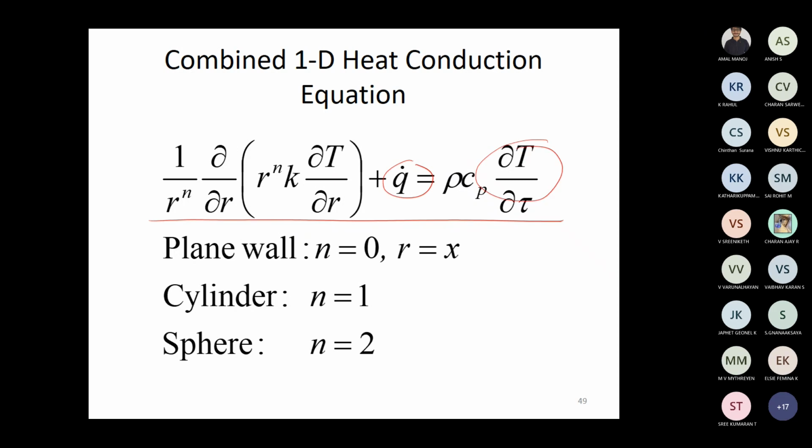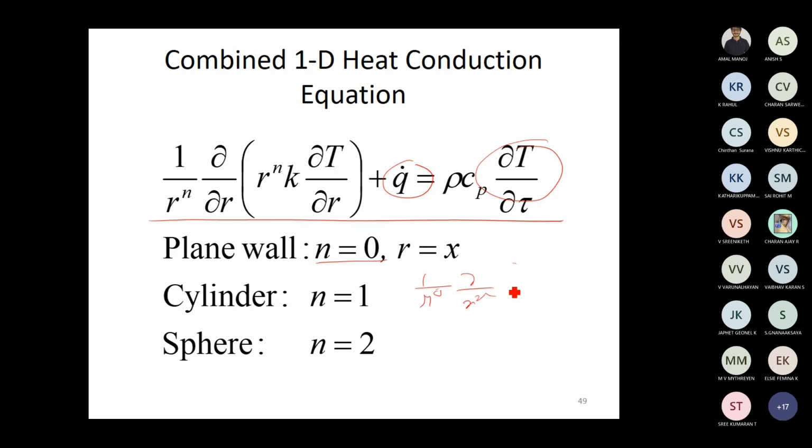Okay, this is a general equation in one dimension only. Now, if you want to write this equation for a plane wall, all you have to do is substitute 0 in place of n, and x in place of r. If you do that, what you will get is 1 by r power 0 dou by dou x